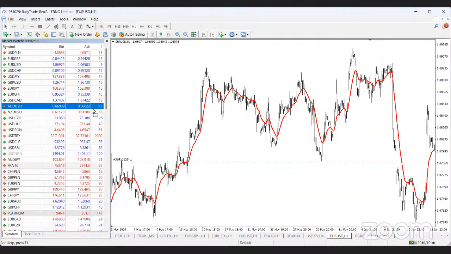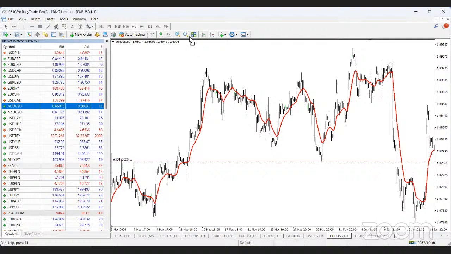That's AUD USD, ranging between 13 and 14, telling you that the spread on AUD USD is cheaper than the spread on, for example, GBP AUD, which is number 27. Which means that if you are going to trade AUD USD now, you'll be paying about 1.3, 1.4 pip spread. But if you're trading something like GBP AUD, you'll be paying a spread of about 2.7 pips. Of course, it depends on you. If you like paying bigger spread, you can do that. But if you ask me, I will naturally go for AUD USD.